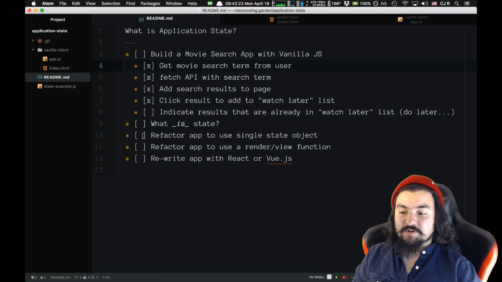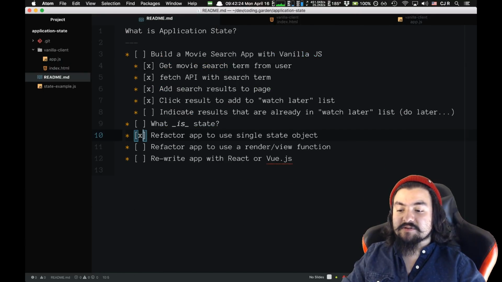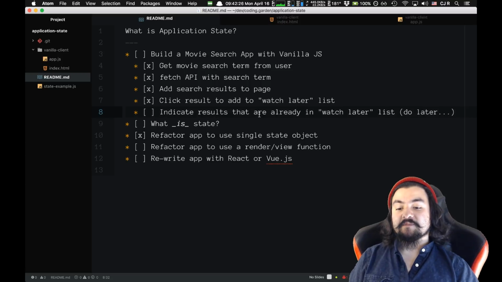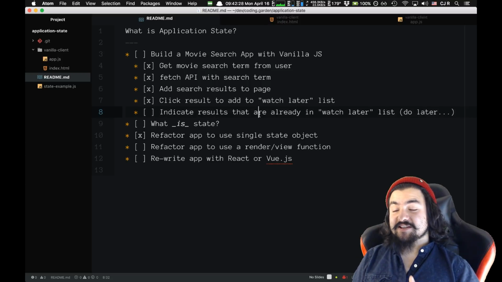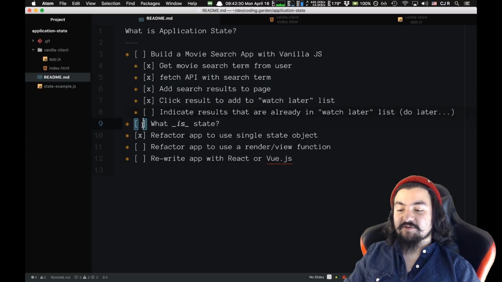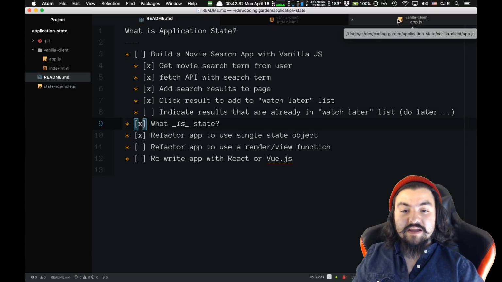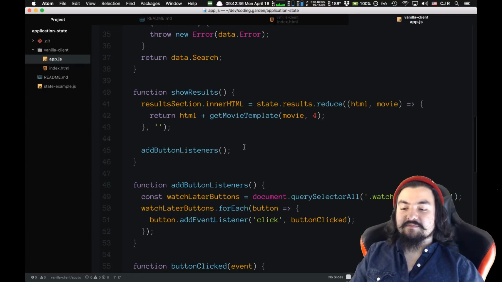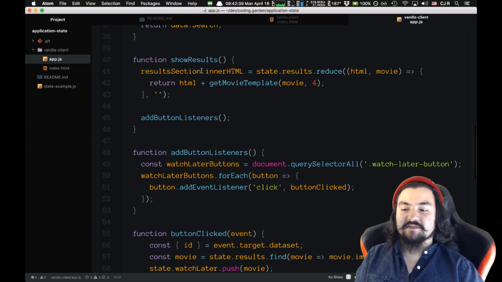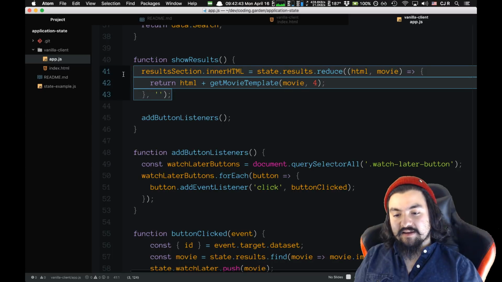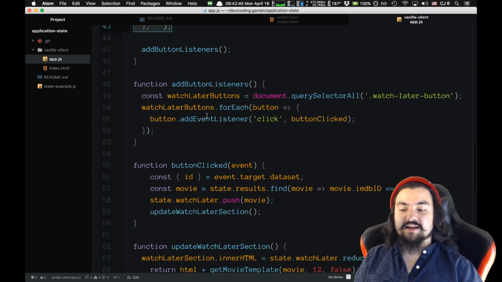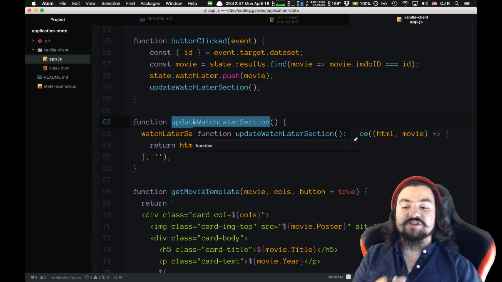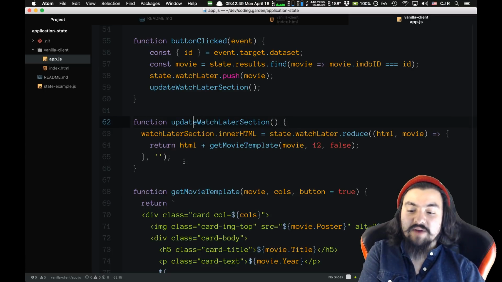All right, so we have refactored it to use a single state object. Now, let's refactor it to use a single render function. So notice how we have multiple functions that are modifying the view. Like show results is adding the results to the left-hand side, and then watch later section is adding the results to the right-hand side,